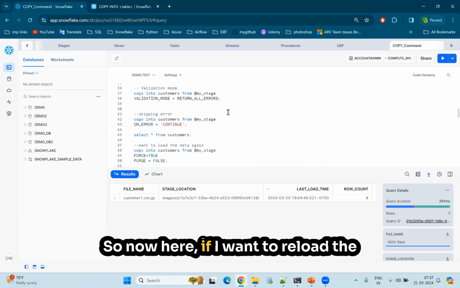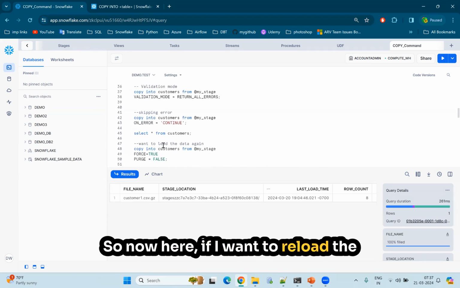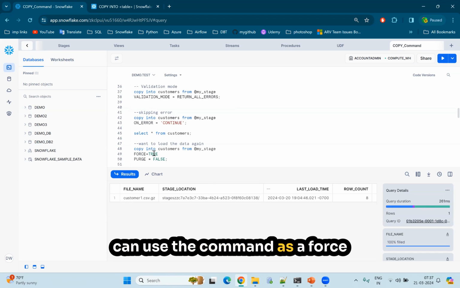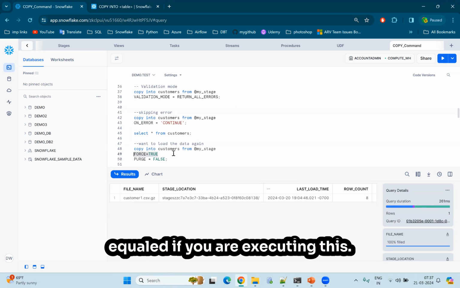Okay, so now if I want to reload the data from the same file, then you can use the command FORCE equal TRUE. If you are executing this,